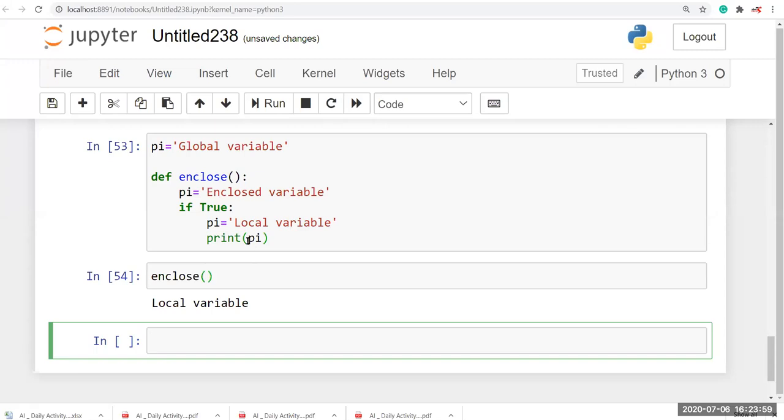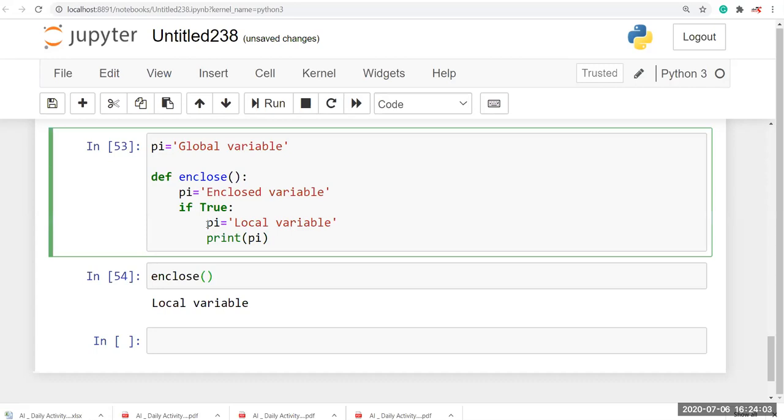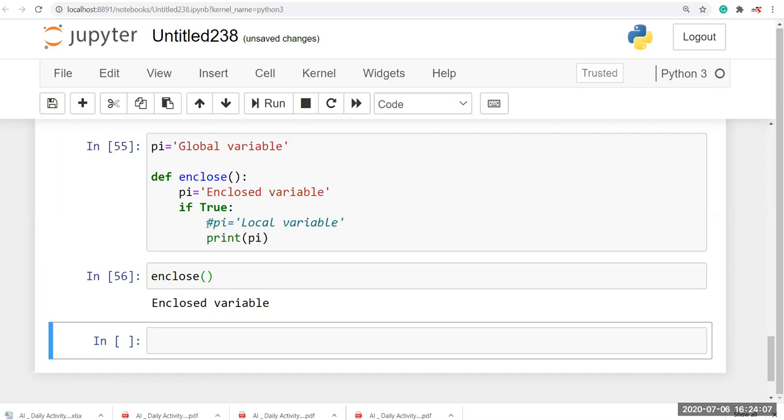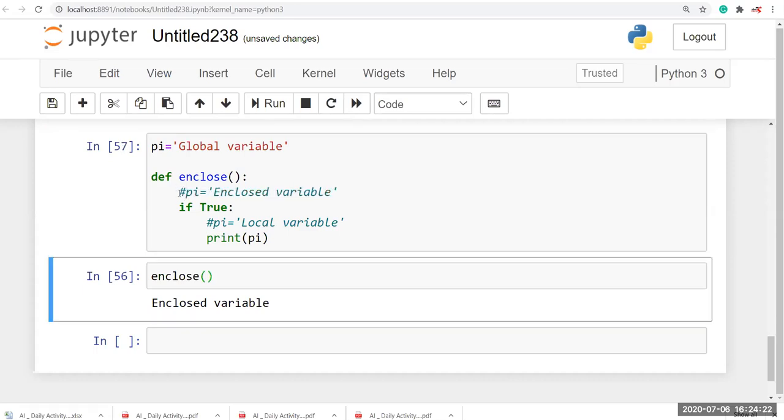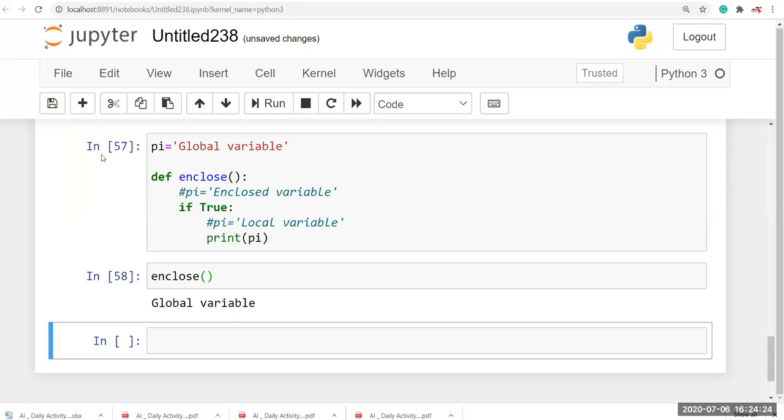After that I'm going to hide this. So now I run this, that is the enclosed variable. So inside the function it is called the enclosed variable, and after that I'm going to hide this. Now you can see that is the global variable.